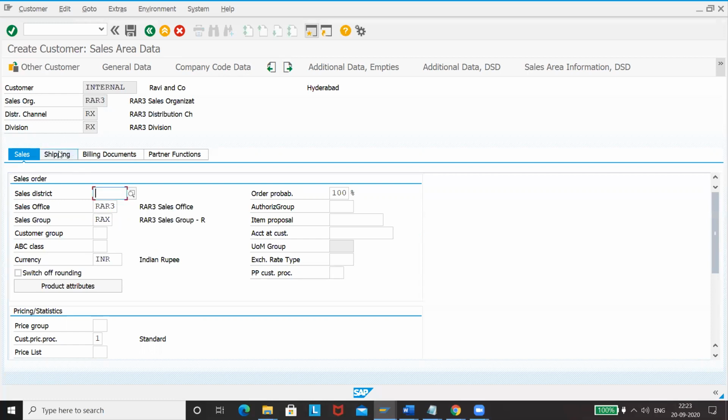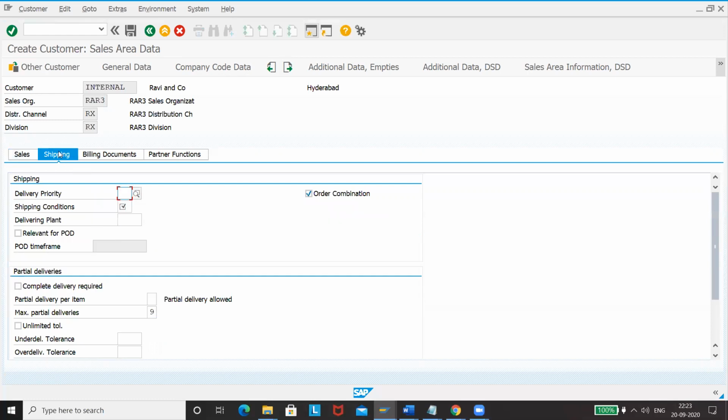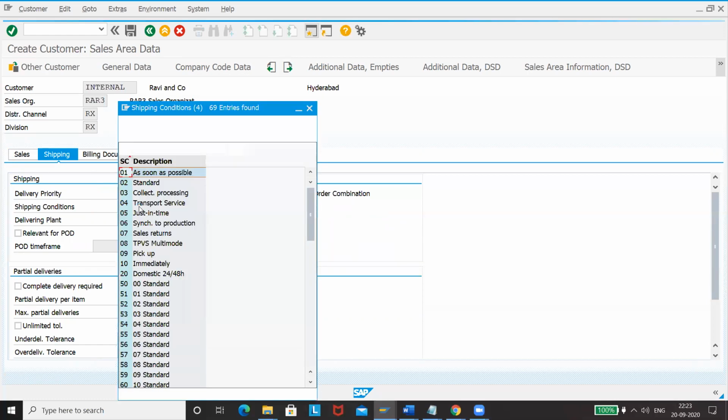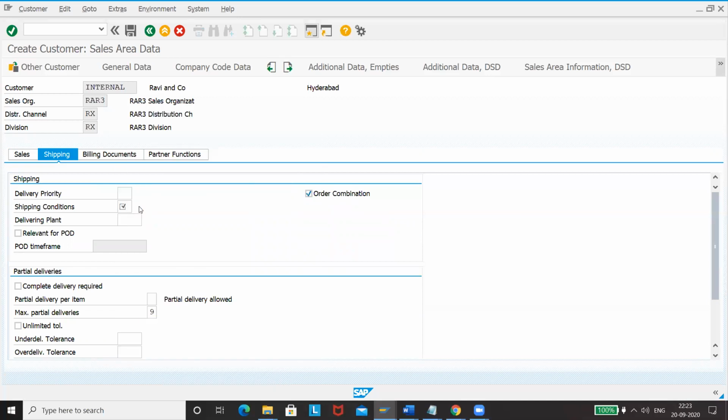In shipping, we'll see if there is any. This is not needed. Shipping conditions, yes, it is a required field, and so it is showing it like this. Press F4, Q standard, ST, and then material plant is RAR8, and then